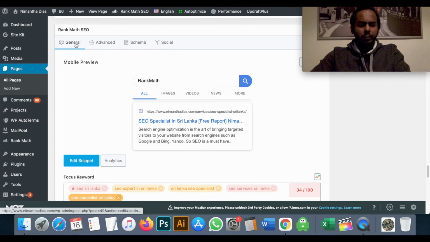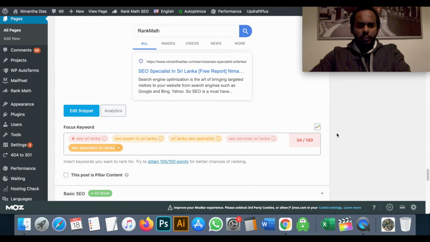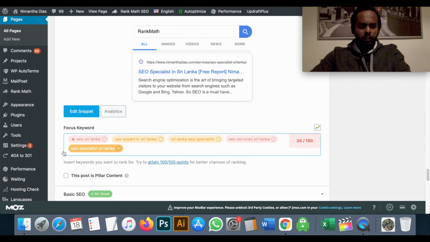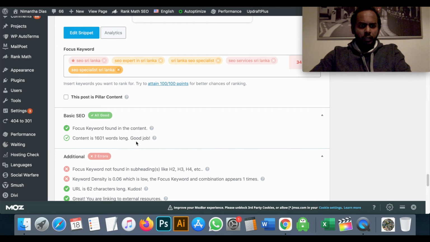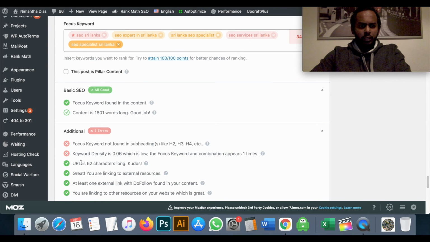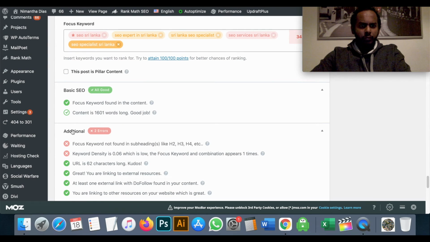Go to general, Sri Lanka. So you can mark this as a pillar content. And where is that? Okay, focus keyword found in content. Okay, this wasn't working before, I remember. And then focus keyword and this stuff you can follow, you know.